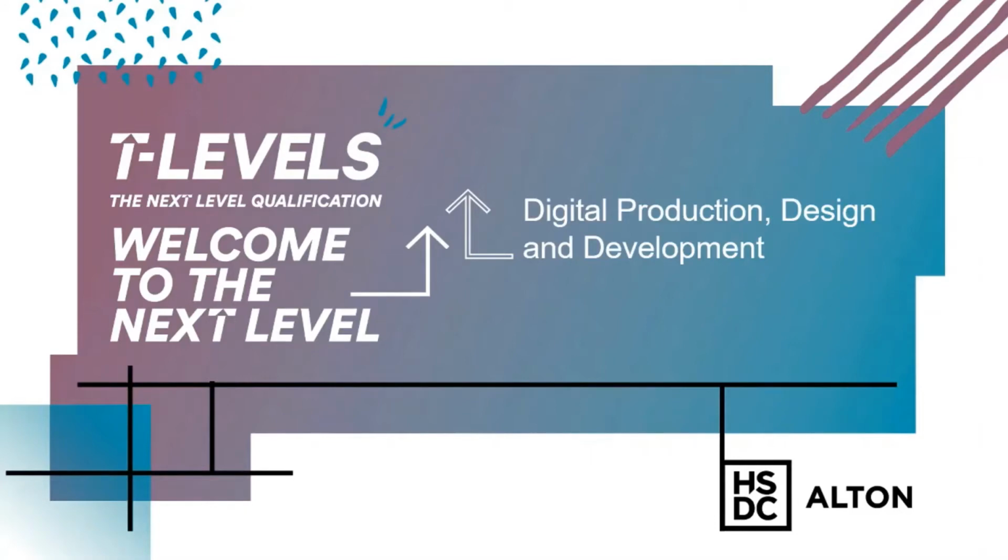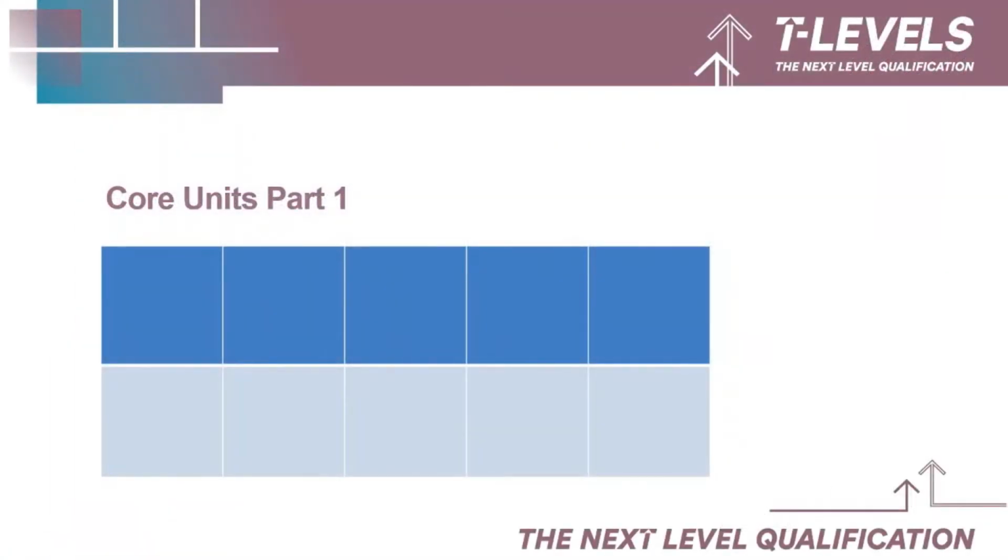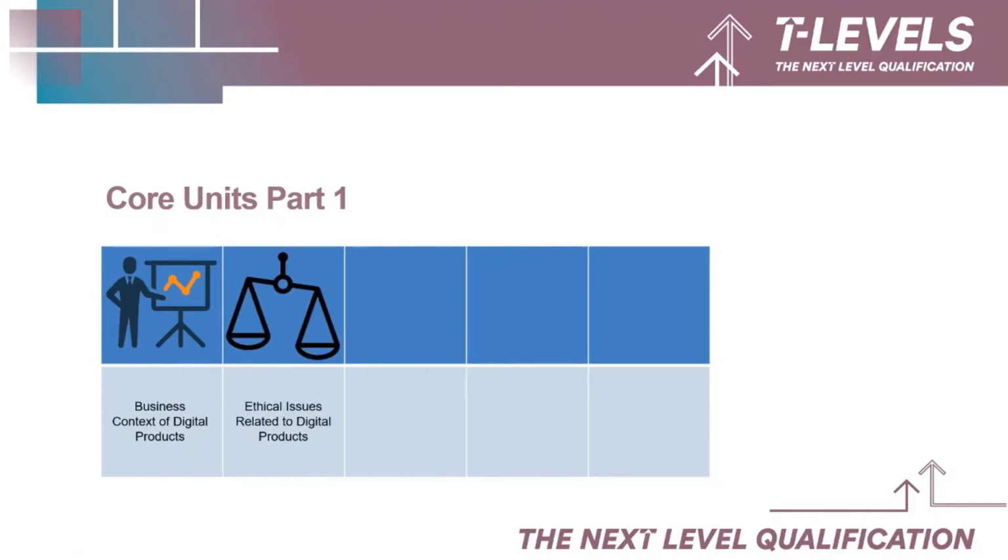This is a 2-year course which will be split between core units that are taught in every digital T-level and more specialist units. The core units will cover areas like the business context in which digital products are designed for, the ethical issues raised by the growth of digital products, how organisations manage and use data,